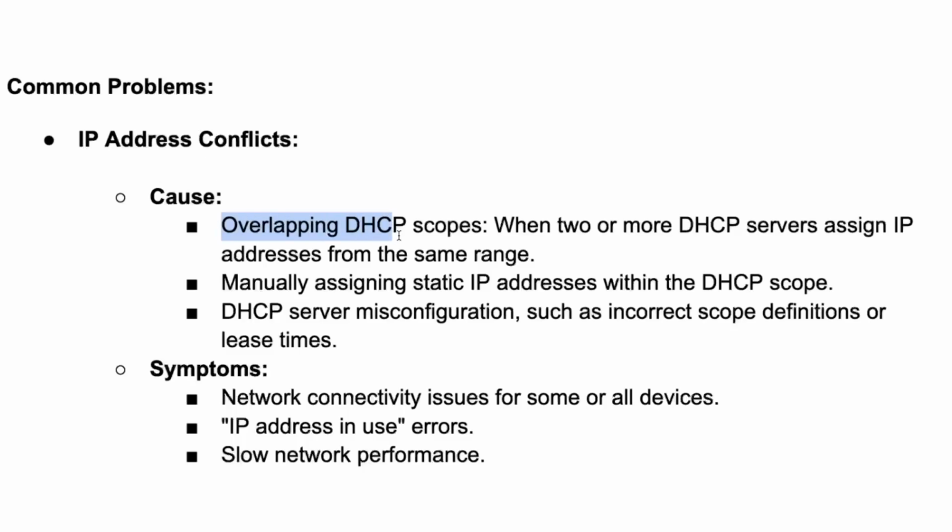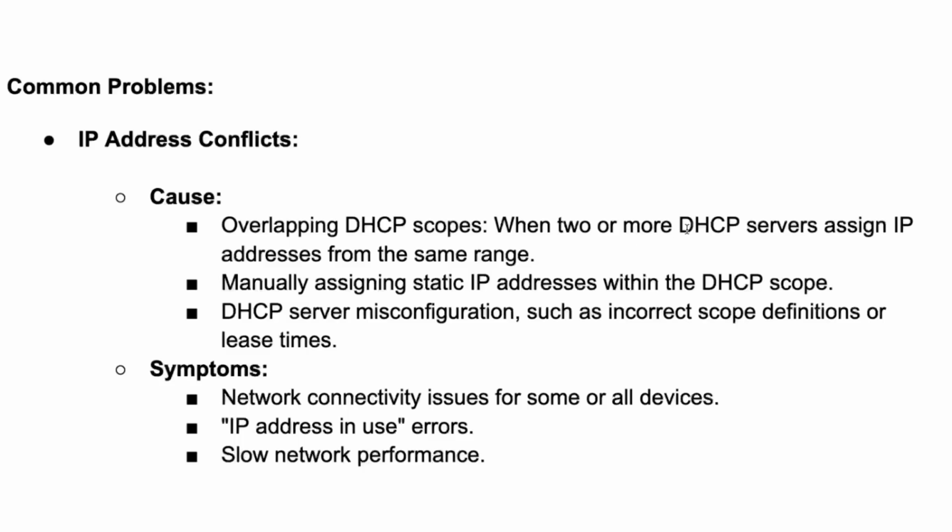This happens with overlapping DHCP scopes, or essentially when two or more DHCP servers assign an IP address from the same range, right? We talked about the subnet mask earlier and the various ranges of an individual network segment or subnet. So imagine that you have two or more DHCP servers working with the same range, and they're issuing IP addresses from that same range, which is going to be limited. They're eventually going to run out of unique IP addresses. And if you have very many devices entering your network and connecting to these various DHCP servers, so essentially not having a dedicated DHCP server for an individual subnet,